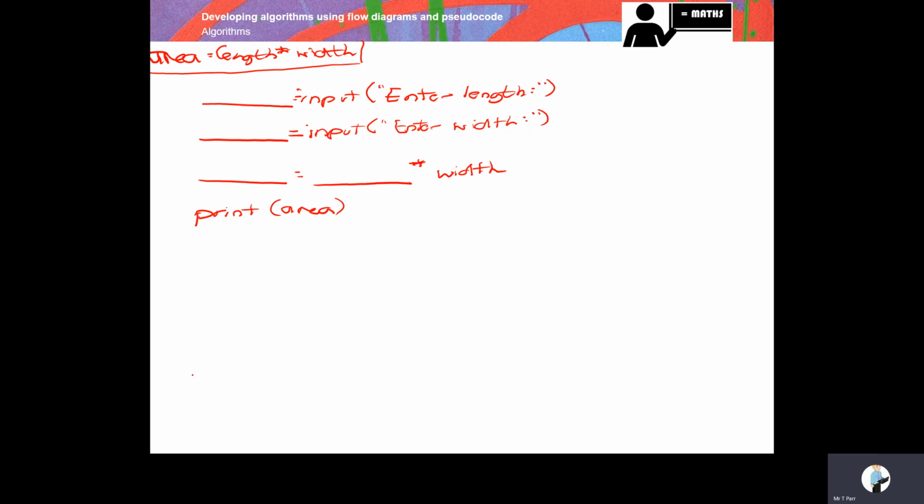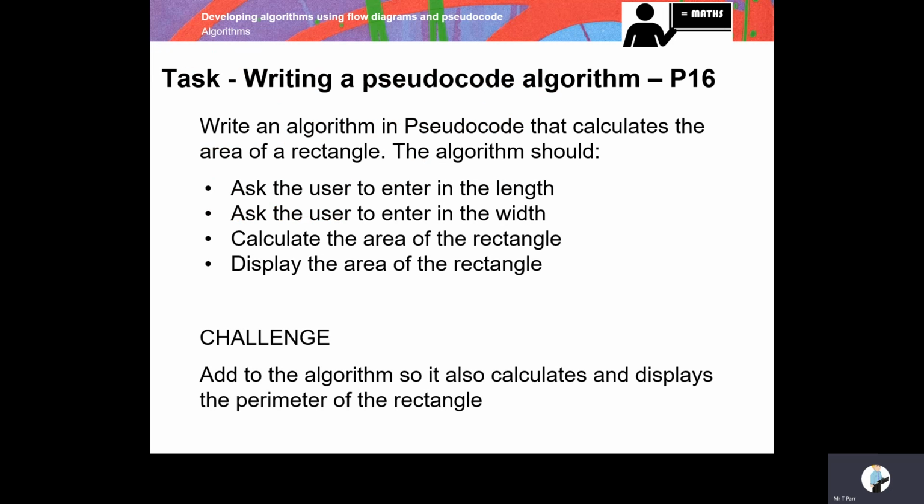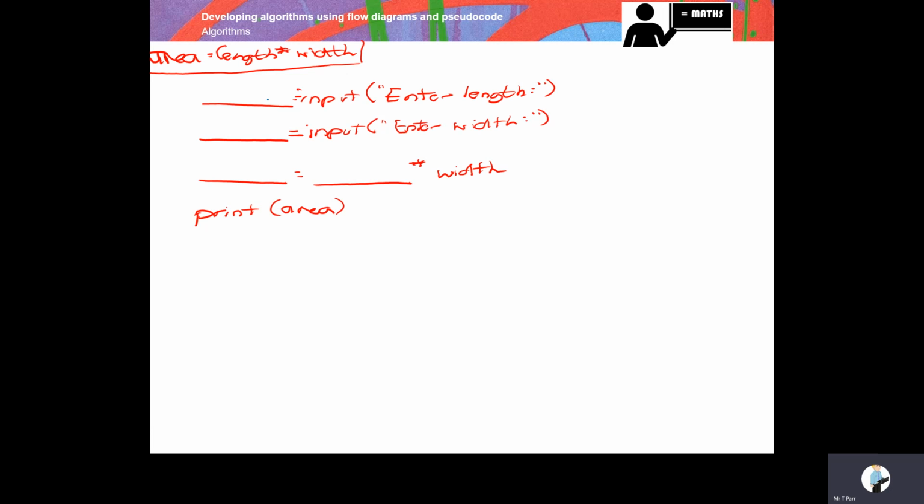Okay, let's go through the answer. Let's change my colour to blue. So what we've got here is, it says ask the user to enter the length. So here I've got something equals input enter length. Remember, this is our variable, our tray. What should we call it? Well, it's going to store the length. So let's call it